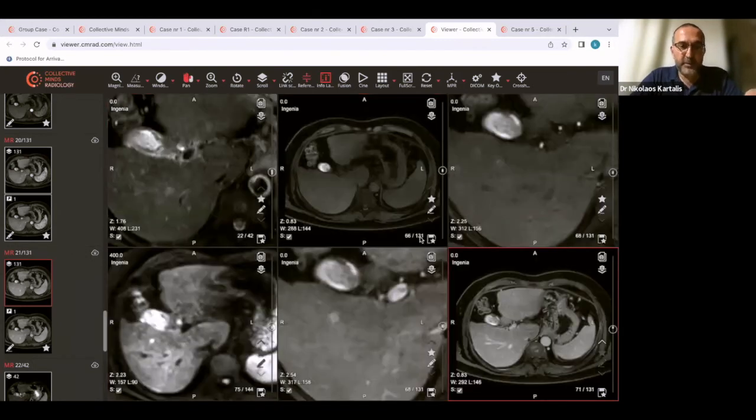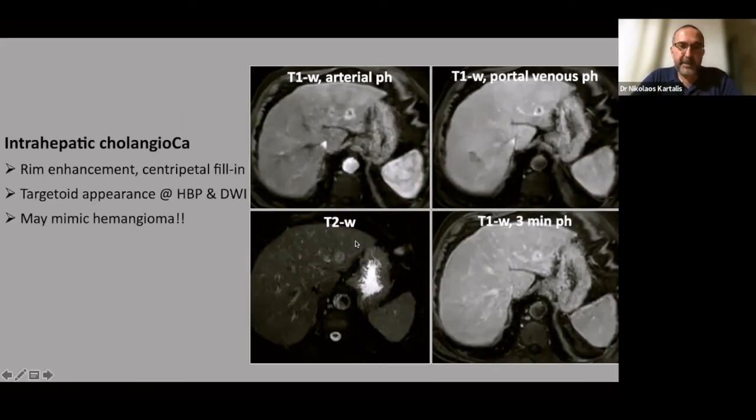And actually, this is not an HCC either, because on the HCC, as you remember from LI-RADS, the enhancement should be non-rim. It's a standard criterion that it should be non-rim arterial phase hyperenhancement. So if I go back to my presentation and share some information with you, this is just a typical case of a very small but still clear intrahepatic cholangiocarcinoma.